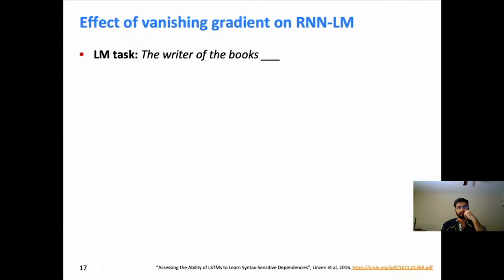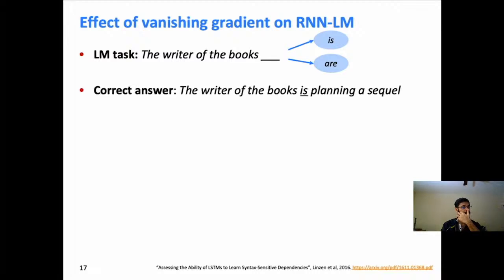Here's a piece of text. The text says, and this isn't a full sentence, this is just a partial sentence, it says, the writer of the books blank. And I'm going to give you two options. It's either the writer of the books is, or the writer of the books are. So again, shout out, which one do you think it is? Is or are? Is, that's right. So the correct answer, a correct possible continuation of the sentence would be the writer of the books is planning a sequel. I can't think of a continuation that goes the writer of the books are that would be grammatically